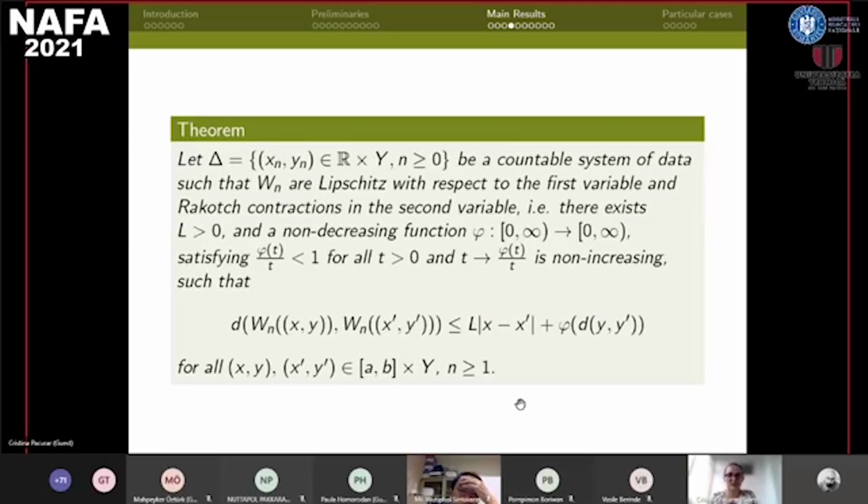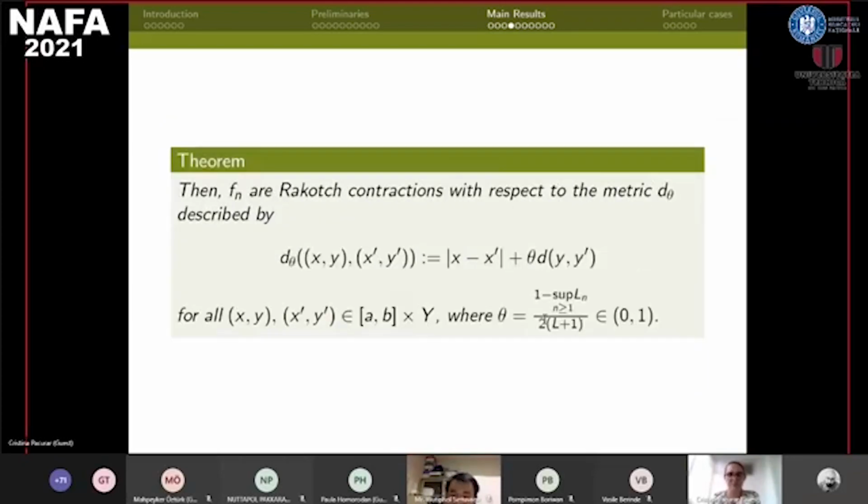Now move to the second result, which states that for a countable system of data, if wn are such that they are Lipschitz in the first argument and the Rakotch contractions in the second variable, which means that there exists an L greater than 0 and a non-decreasing function phi, which satisfies phi of t over t is less than 1 for all t greater than 0, and phi of t over t is non-increasing, such that the following inequality holds, then the functions fn are Rakotch contractions with respect to the metric d theta, described as follows,